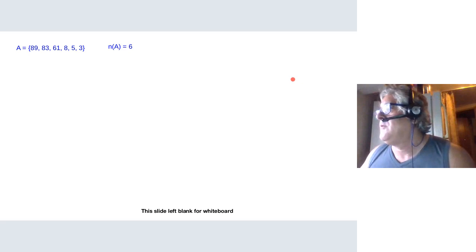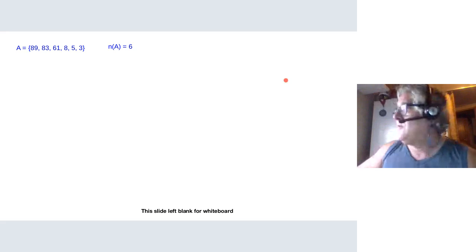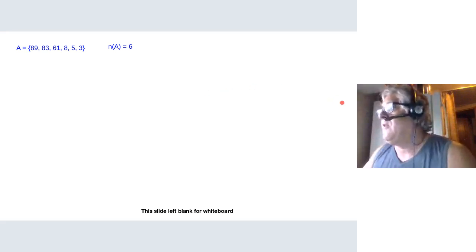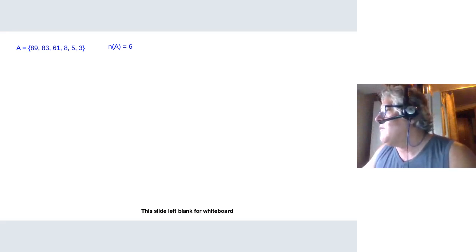All right. Just got a lot of stuff going on all of a sudden, right before this class. All right, so there's 6 elements in there. So the formula for